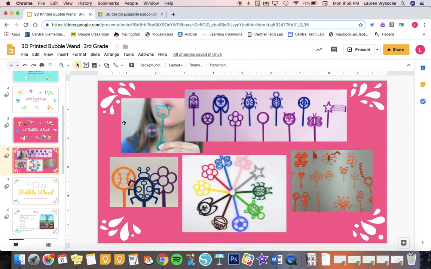So the first thing I want you to do is take a look at some of these different designs and think about what you might want your bubble wand to look like. You're going to get a piece of scratch paper and start to sketch out an idea of what you want your bubble wand to look like. Think about what kind of bubbles it might make when you blow through it. Think about what shapes you might want to use, and also think about how everything is going to be connected,